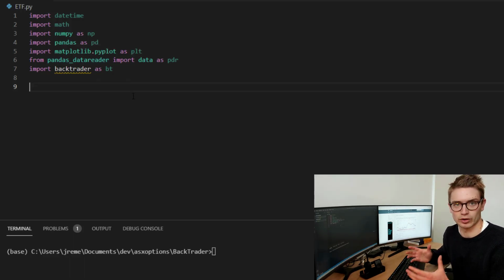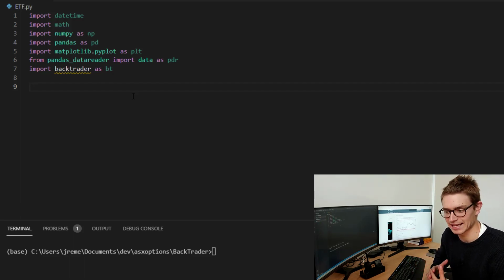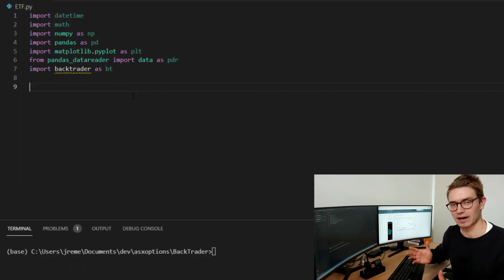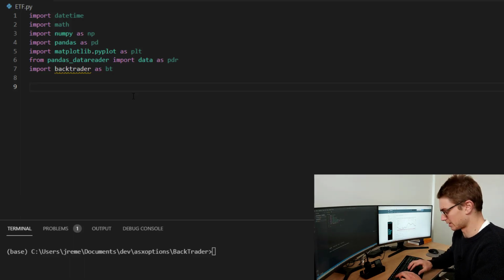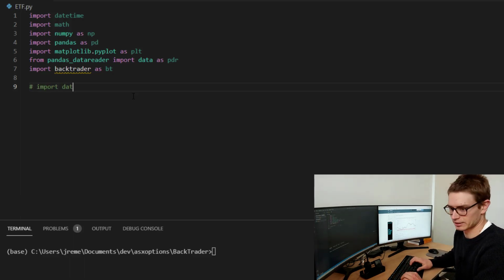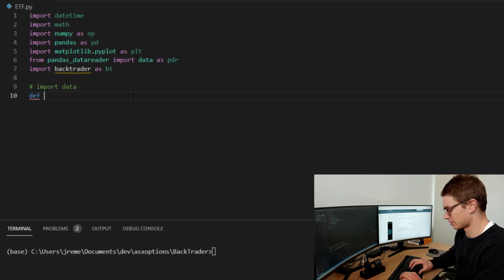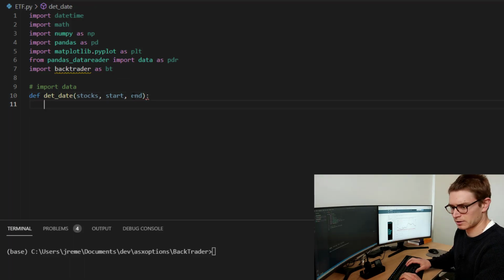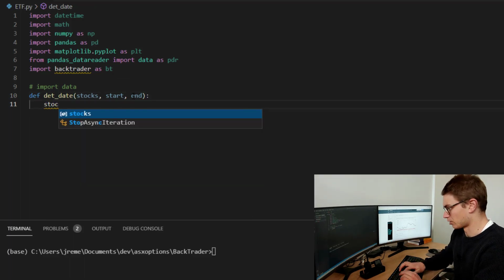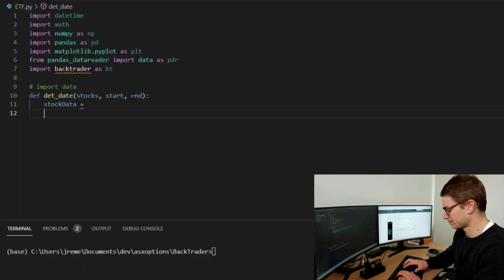We want to import the stock data that we're going to be looking at. For this tutorial, I'm going to be looking at the ETF, the index ETF, VTS. So this is a Vanguard product that tracks the S&P 500. So let's go ahead and import data. So we're going to define a function getData, and that's going to take the stocks we're interested in. It's going to take a start date and an end date. From there, we're going to return stock data,